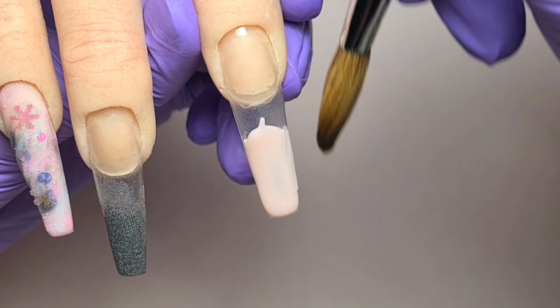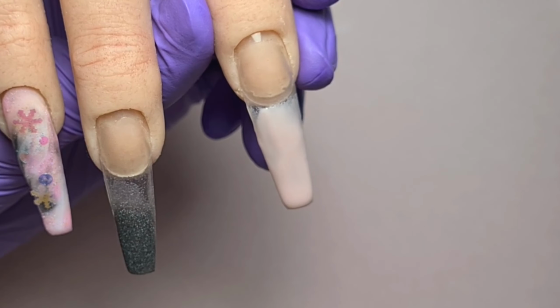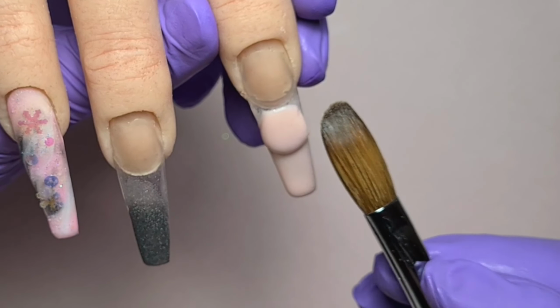Now the pointer finger, I started off by putting a thin layer of Fantasy down because I was going to do another ombre, but I then decided that I'd rather do some imprinting with some netting in this nail. I haven't actually done that in a while, and it was a bit spare at the moment, so I wasn't 100% happy with it. But what I'm basically doing is putting down a layer of that Fantasy and blending it back, because I'm still going to come over the top of the imprinting with some glitter, so I don't want there to be a